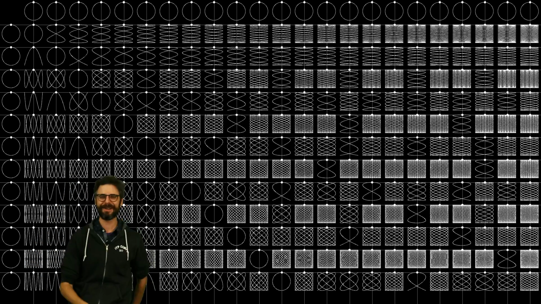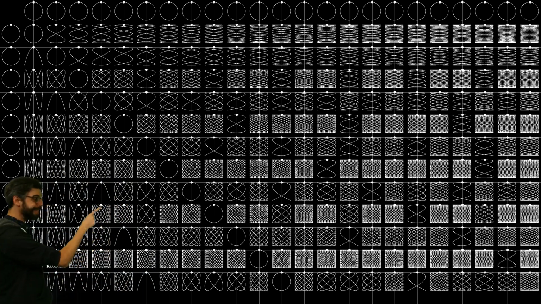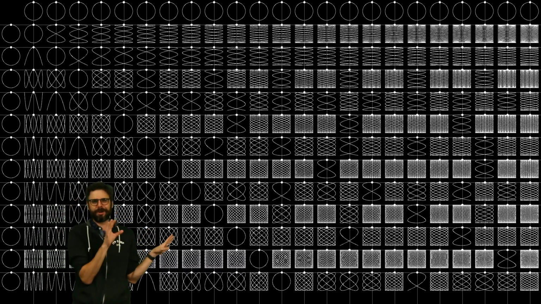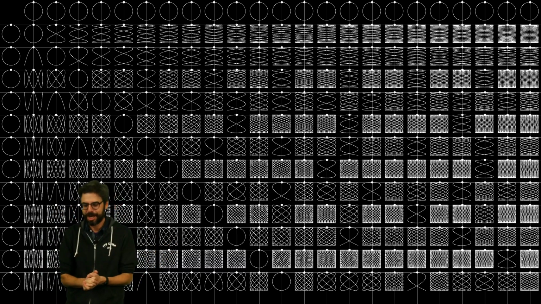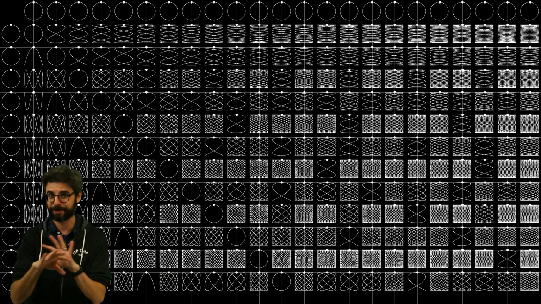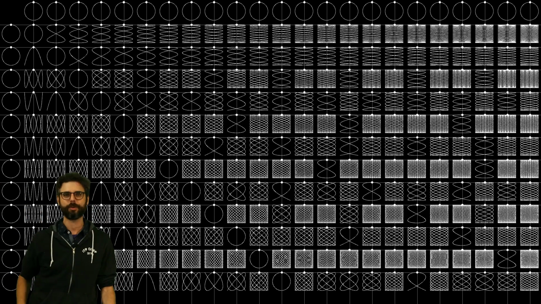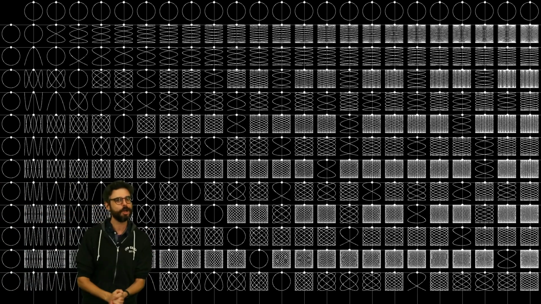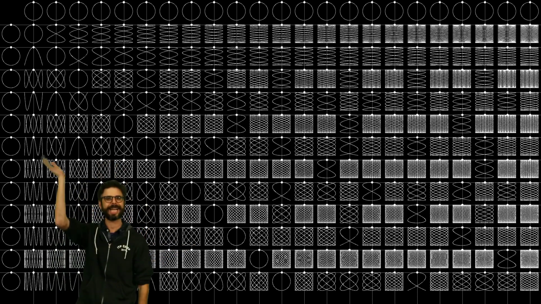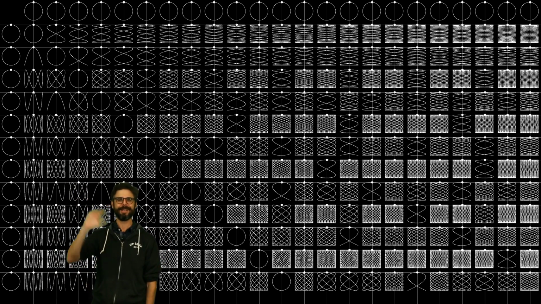Hello, welcome to a coding challenge. In this coding challenge, I'm going to make this. It's a Lissajous table. I really like it. It actually animates, but I can't show it to you animating because it messes with YouTube compression. This was made in Processing, which is a Java-based programming environment. I made it from start to finish in however much time this video is. I also have made a JavaScript version that I ported quickly in a separate video that you can watch as well. I hope you will enjoy this coding challenge, make your own version of this table with colors and shapes and designs in ways that I can't possibly imagine, and share those with me. Thanks so much for watching.